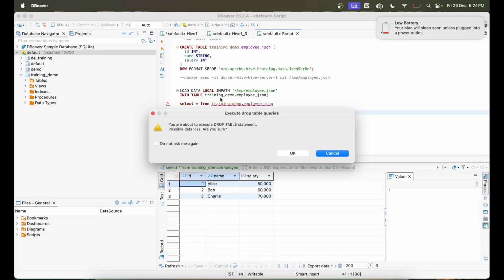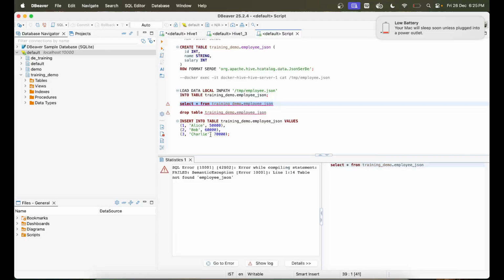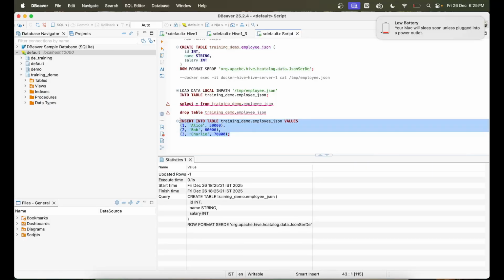Before writing the query, I'll drop the employee JSON table because it has already been loaded with the local file that I have been putting over here. So I'll drop this table. Now when I do insert into, let me just see if the table already exists. No, the table does not exist. So I'll create the same table again. The table is created, and I'll just run the query